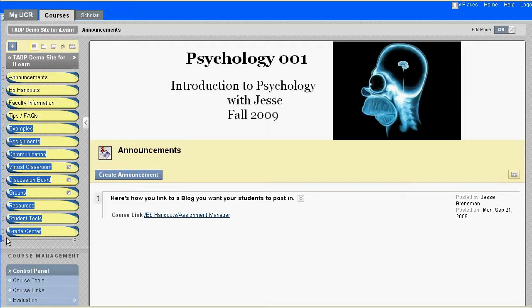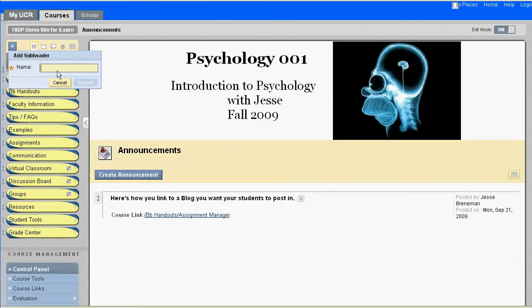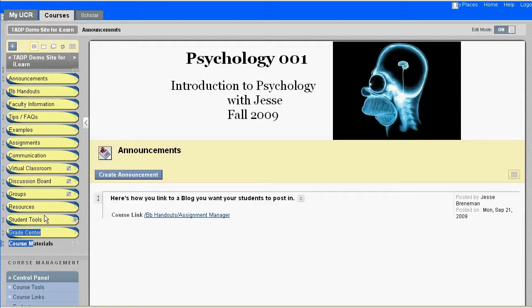Okay, and then what we're going to do is create a subheader. Then all you do is name the subheader. So let's name the subheader course materials. Okay, and then hit submit, and then we're going to drag that up between our dividers. Okay,